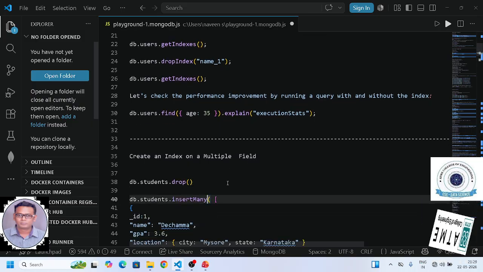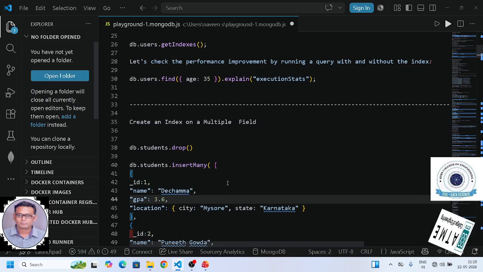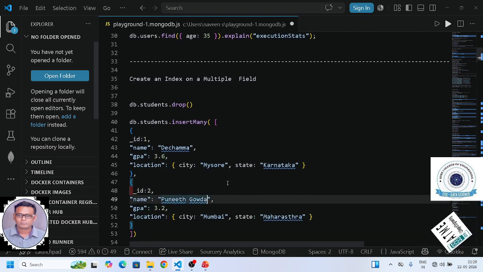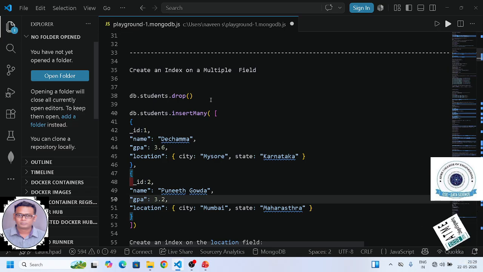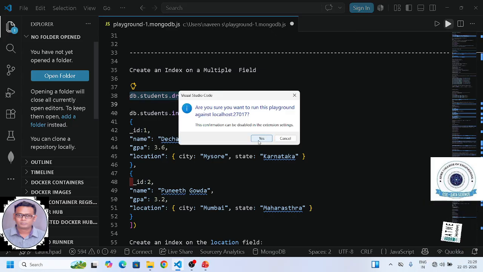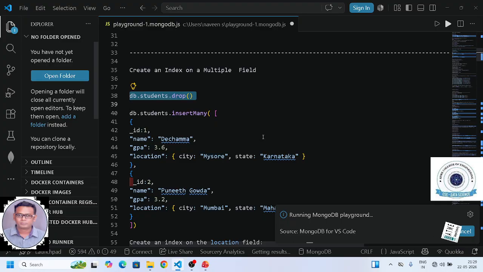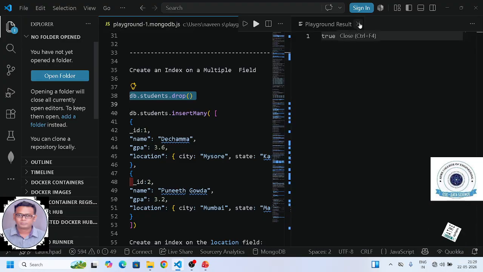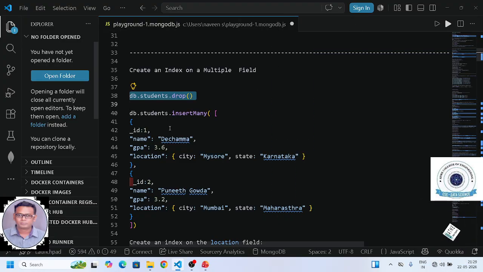Well, now we'll come to how to create an index on multiple fields. What do you mean by multiple fields? Here I'm using a collection students. I'll drop it. Click on yes. So here, into the collection students,